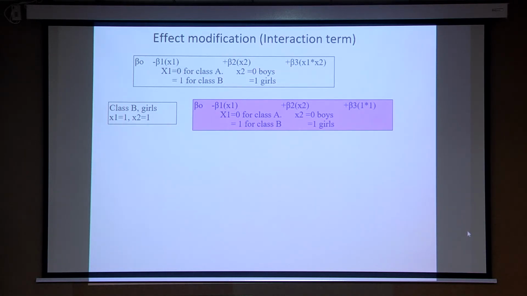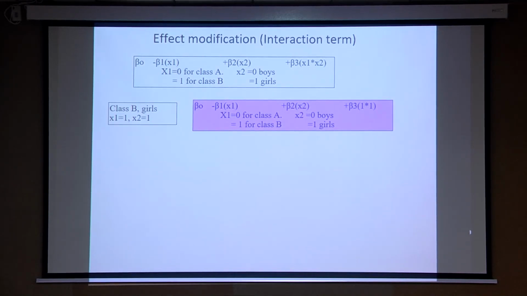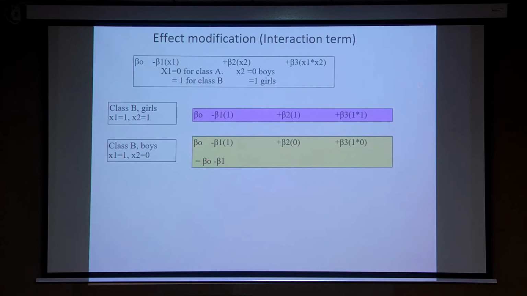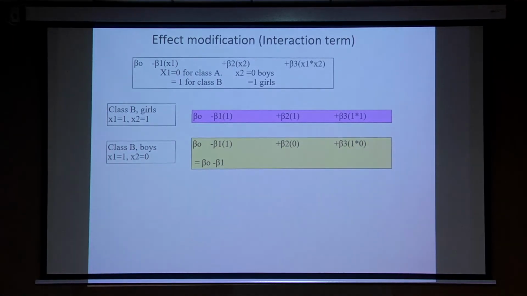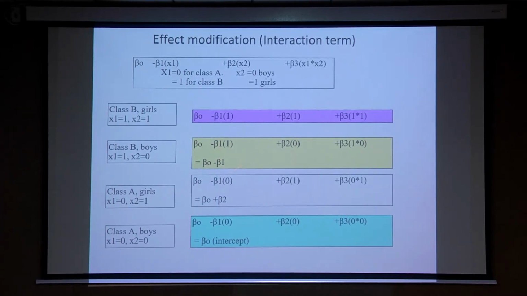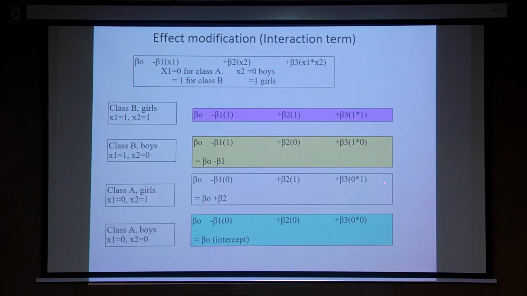So you need a correction for that. So you have to add the correction. And this is how you calculate this. I will not go into that. So you will have 4 combinations. Applying all these, you will get a value for each. Say class B girls, class B boys, class A girls, class A boys, you will get 4 values from one regression equation. So your regression equation is this one, and you can get values from this equation for all the values.